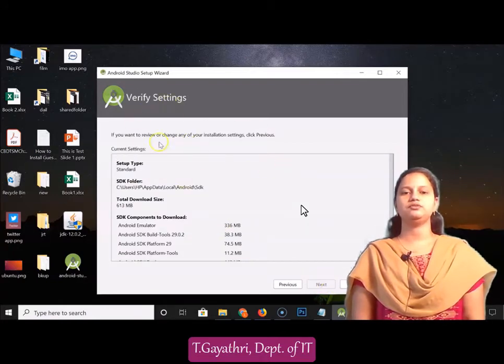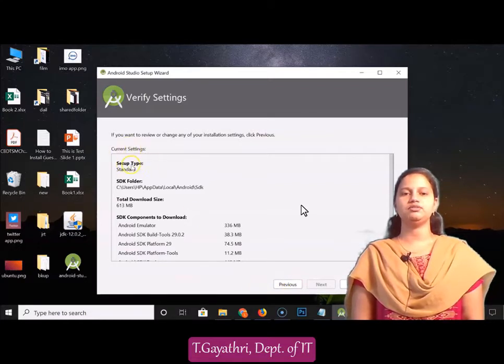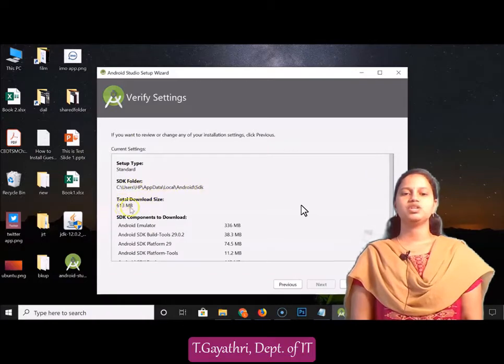If you want to change your installation settings, click on previous. Otherwise you can see the SDK components and current settings in this box: the SDK folder, total download size, and SDK components to download.